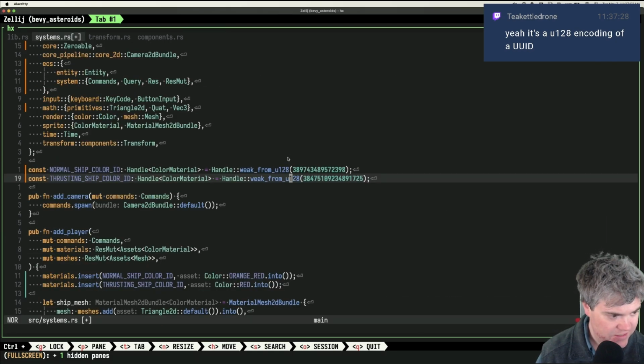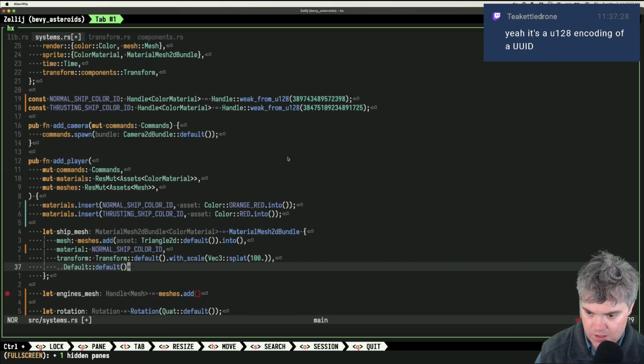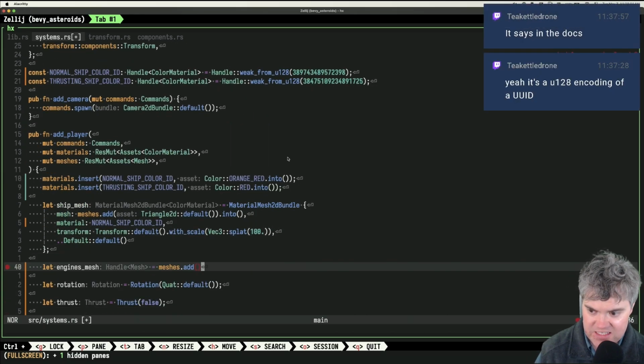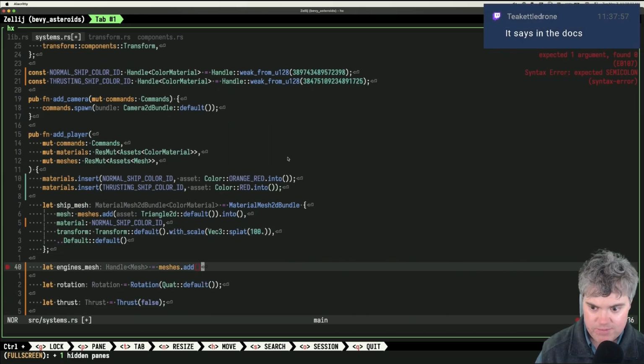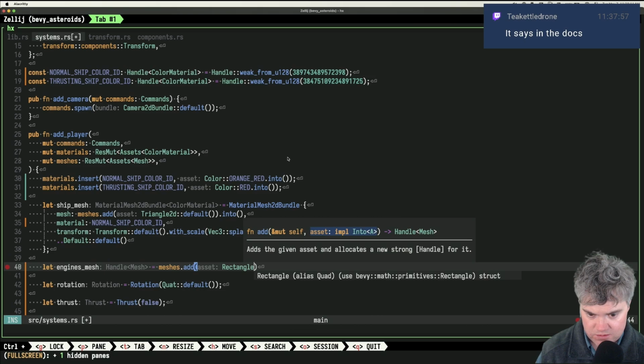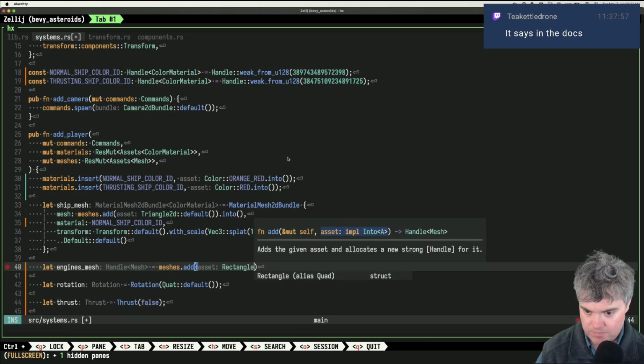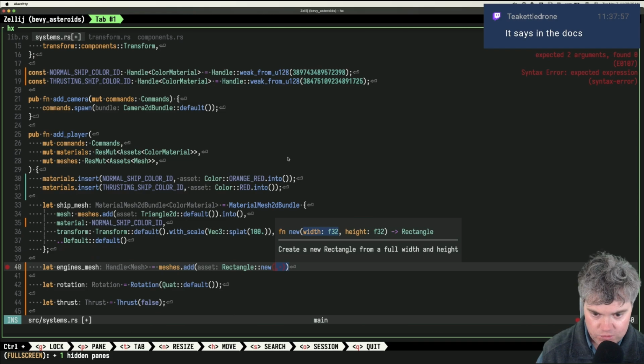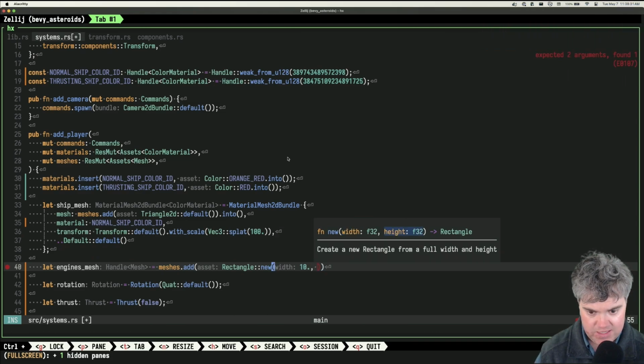Is it using like, I don't... that seems pretty interesting. Okay, so let's imagine that I want to create just a mesh of a rectangle, right? So I want to add a rectangle. Okay, so rectangle new, let's do a width of, I don't know, 10 and a height of like 50.